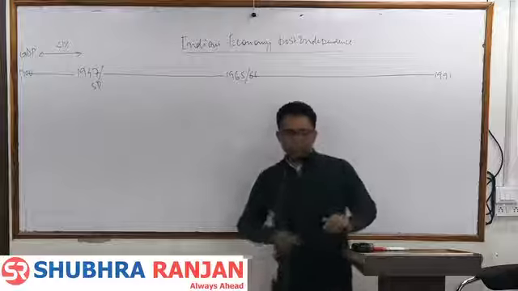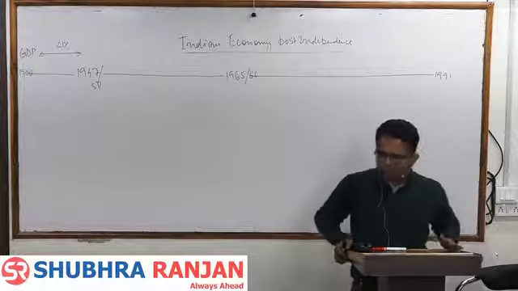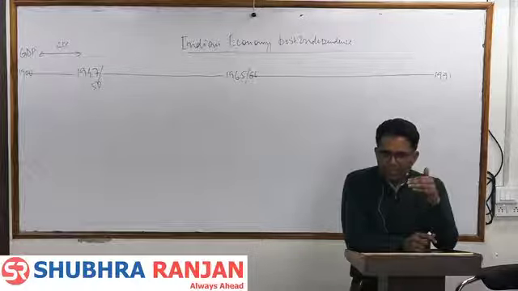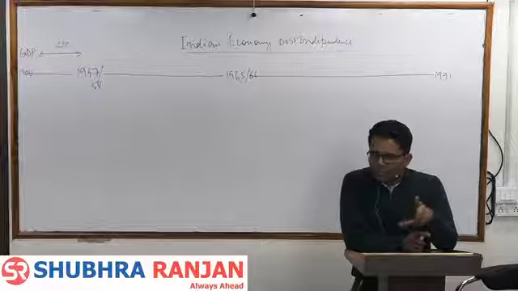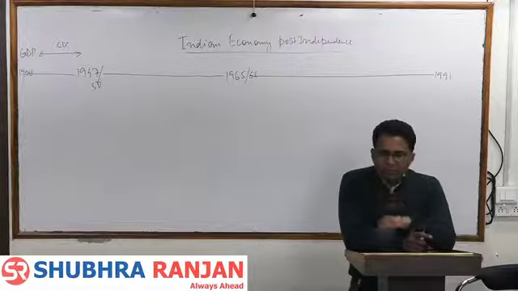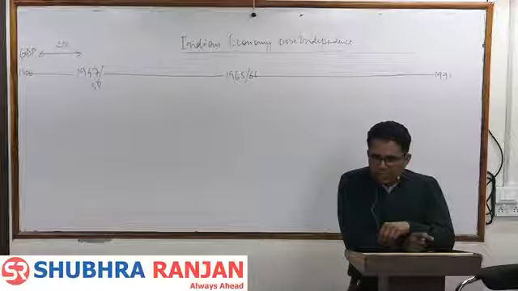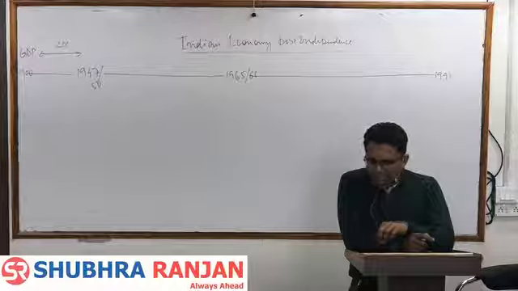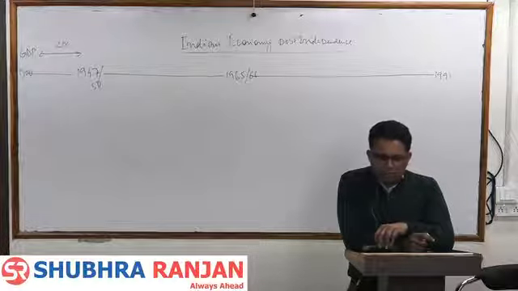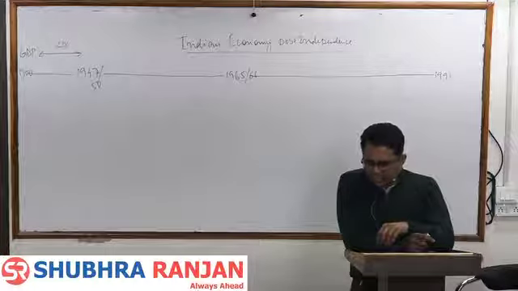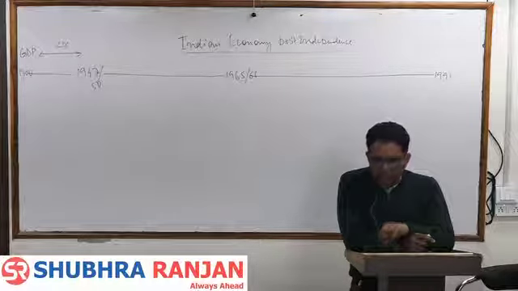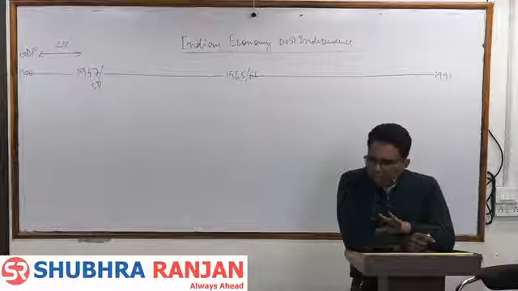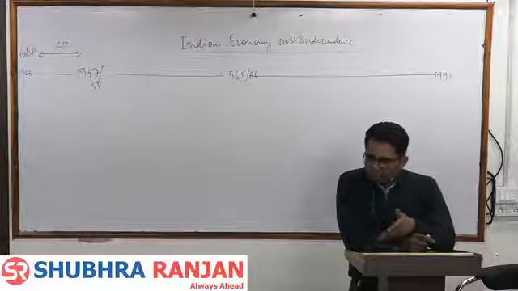Government post independence chose the mixed economic model of development. Nehru ji, in principle that model was perfectly fine, but we were not able to implement that model on ground exactly. We adopted mixed economic model thinking that we'll be having the best of both the worlds, best of socialism and capitalism. Socialism का best है कि equality, ठीक है, and capitalism का best है कि freedom. Everyone will be having freedom to set up certain enterprises. So we tried best of both, and in a way we got worst of both.